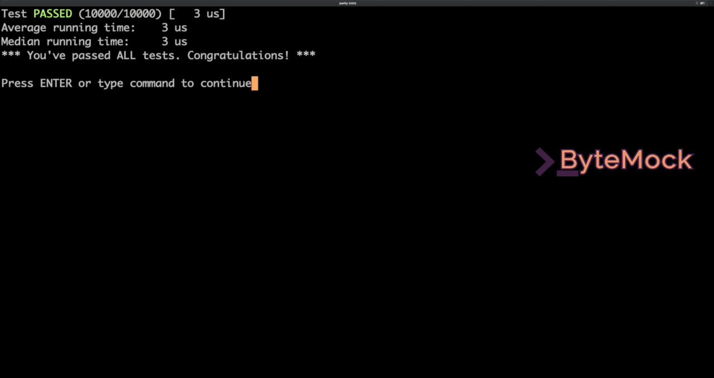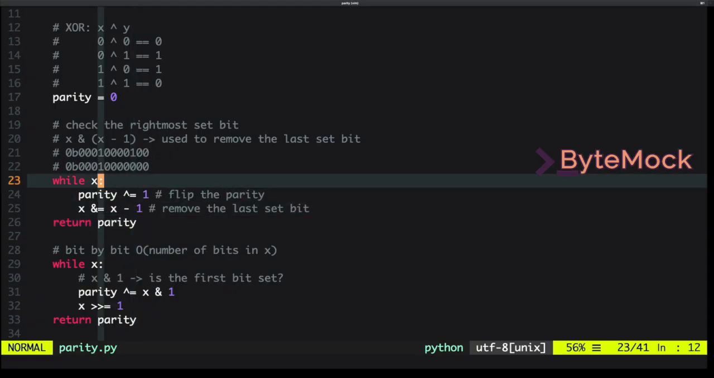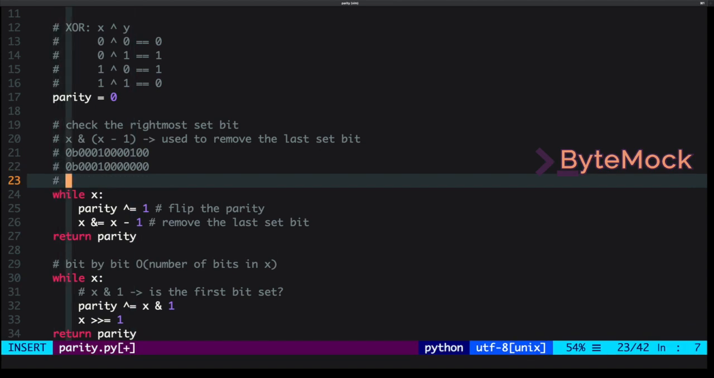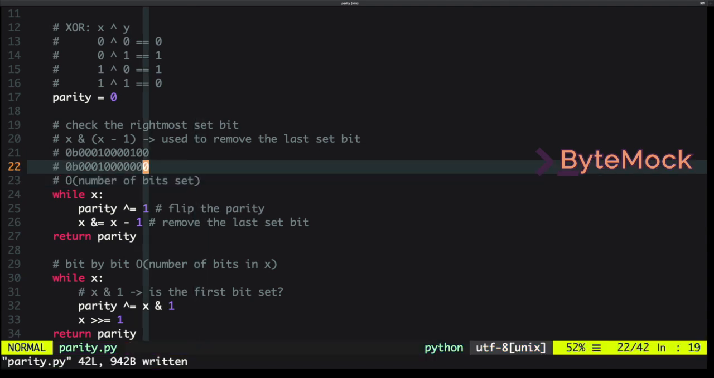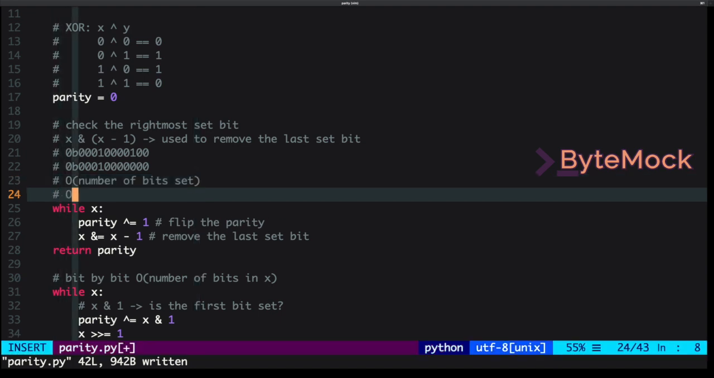And again, we've passed all our test cases, except this time you can notice that it's in 3 microseconds rather than 8. And the time complexity here, of course, is going to be O of number of bits set. So this is a substantial improvement because we're always going to have less set bits than we are number of bits in x, because, well, the only time it's going to overlap is if we have something like